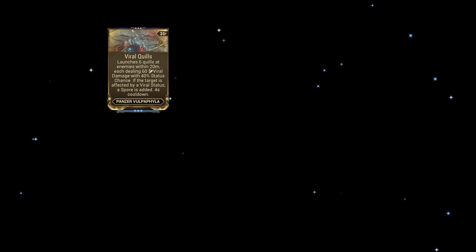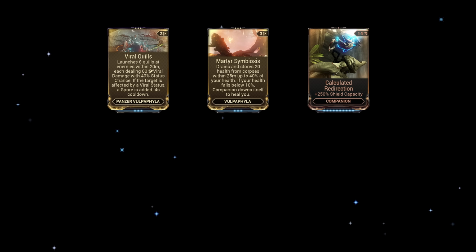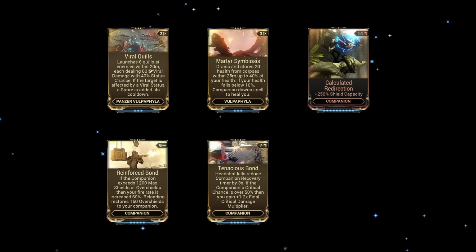I don't feel like repeating myself when covering the builds, since all of the mods will be on every build. It's also important to keep in mind that everything featured today is targeted towards base Steel Path content, all the way up to level cap Void Cascade. If you just want to see the builds, please use the timestamps to skip to the desired sections. There are 6 mods in total that are essential: Viral Quills, Martyr Symbiosis, Calculated Redirection, Reinforced Bond, Tenacious Bond, and